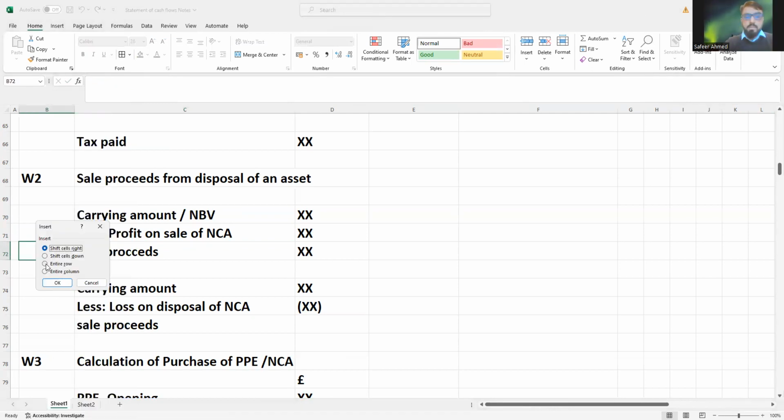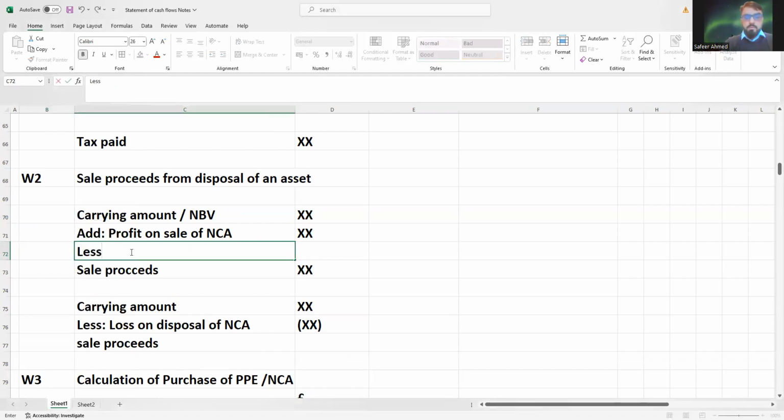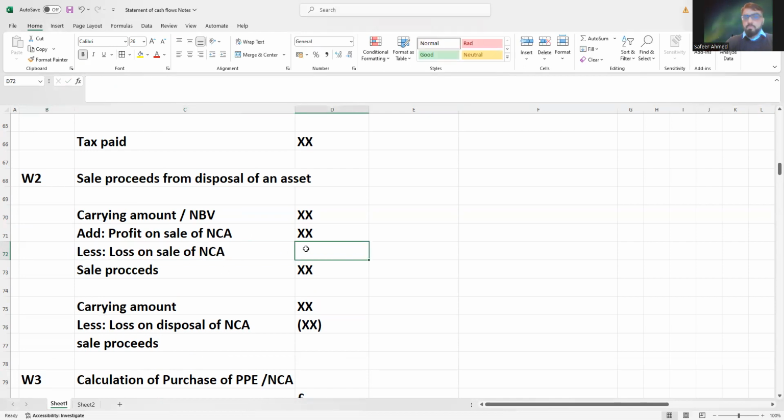So if we have made a loss in that, then we'll be deducting it from here. So less loss on sale of non-current assets. There will be only one of them. Either the company has made a profit or a loss on that, and that will give you